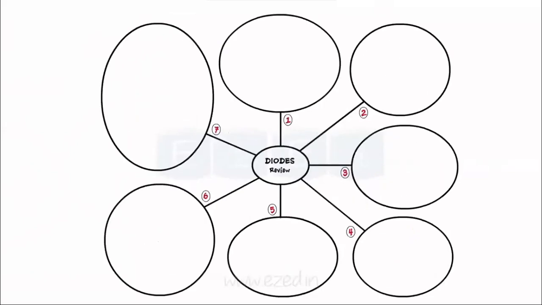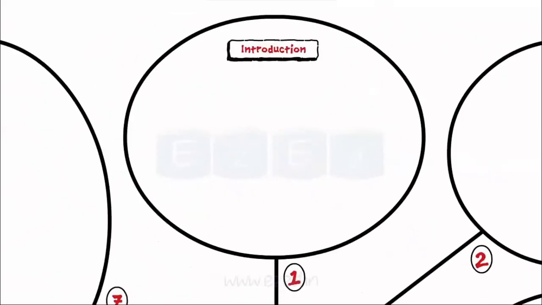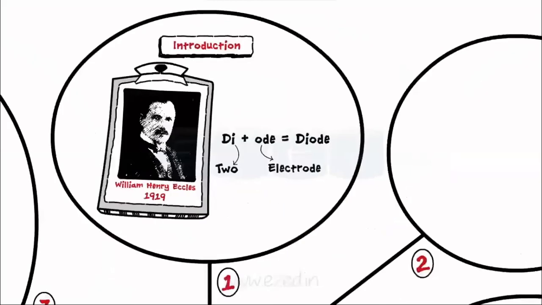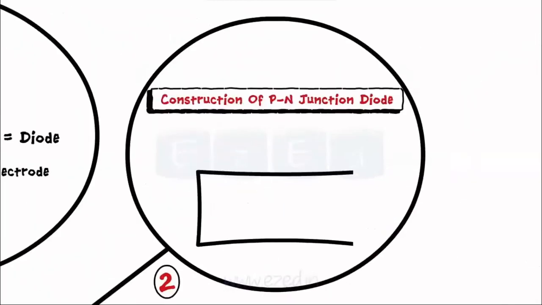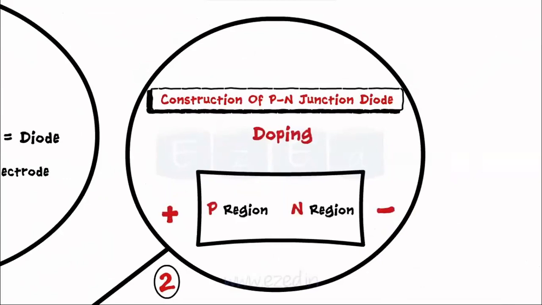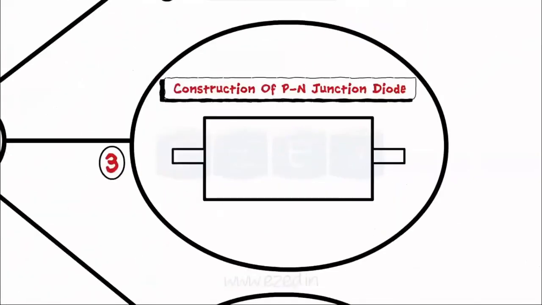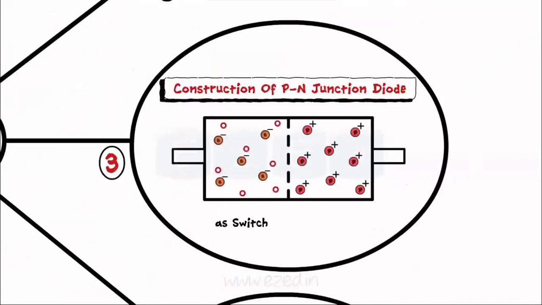Let's have a quick review of what we studied in this lecture. William Henry Eccles was the first who coined the term diode in 1919. Diode nomenclature is derived from the Greek roots di meaning two and ode meaning electrodes. The diode is a semiconductor device formed by doping P and N-type extrinsic semiconductors into pure silicon or germanium semiconductor. A junction formed between P and N regions of the diode finds many applications in electronics, as the diode is used as a switch